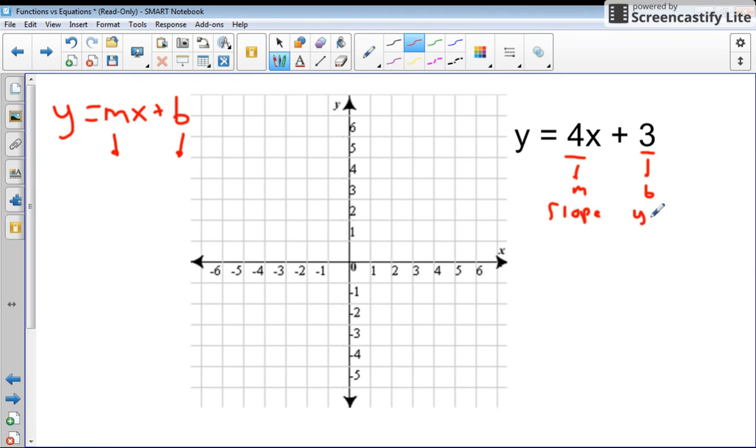Now, you might know that, but what you might not know is, how do I then use these pieces of information, the slope and the y-intercept, to graph this line? Well, it all starts with your b, your y-intercept. So begin with b always. Since b is 3, I'm going to go on my y-axis, 2, 3. Now the y-axis is this one. That's negative 3. I need to go up 1, 2, 3